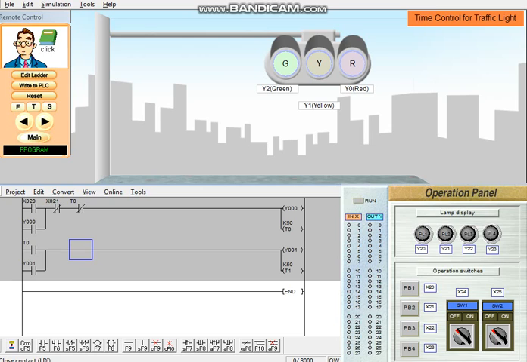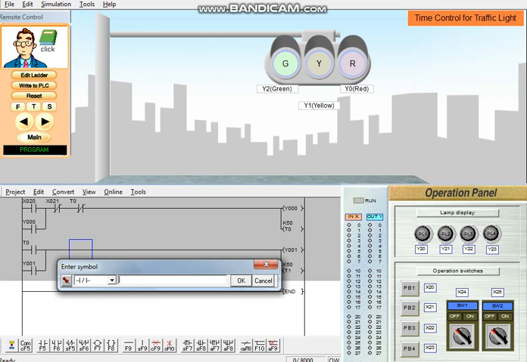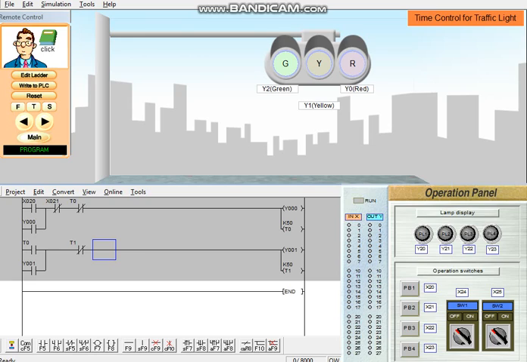Okay, T1. Okay, should be addressed to T1. And then after 50 milliseconds, Y2 should turn on.